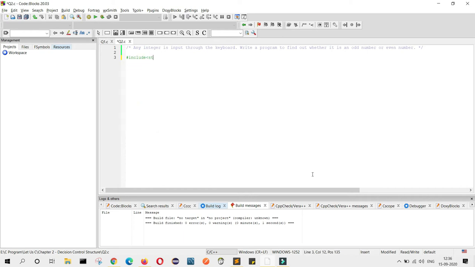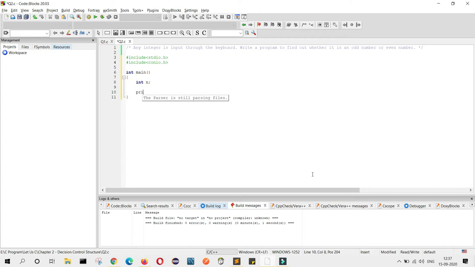include stdio.h, include conio.h, int main. Here first we will declare our variables like int n, because I want to find out whether I have entered an even number or an odd number.